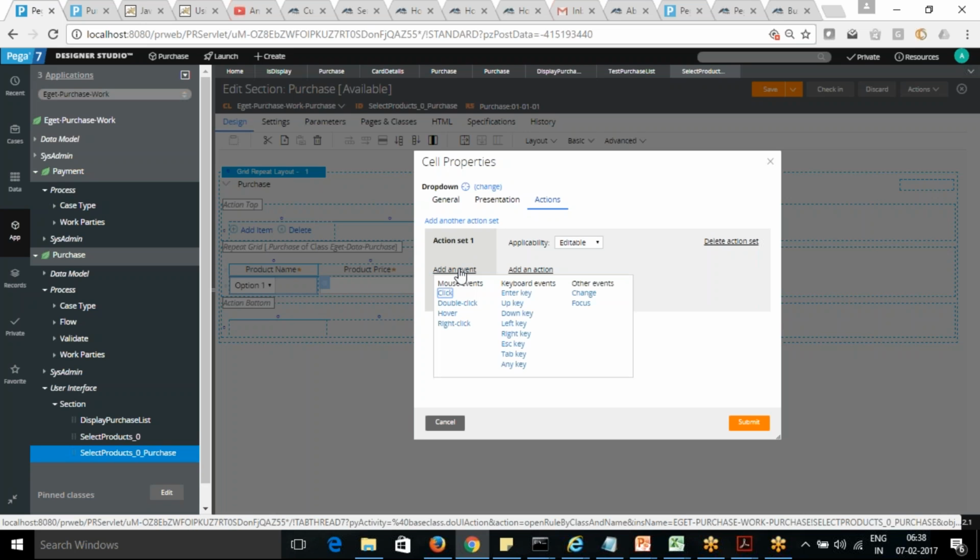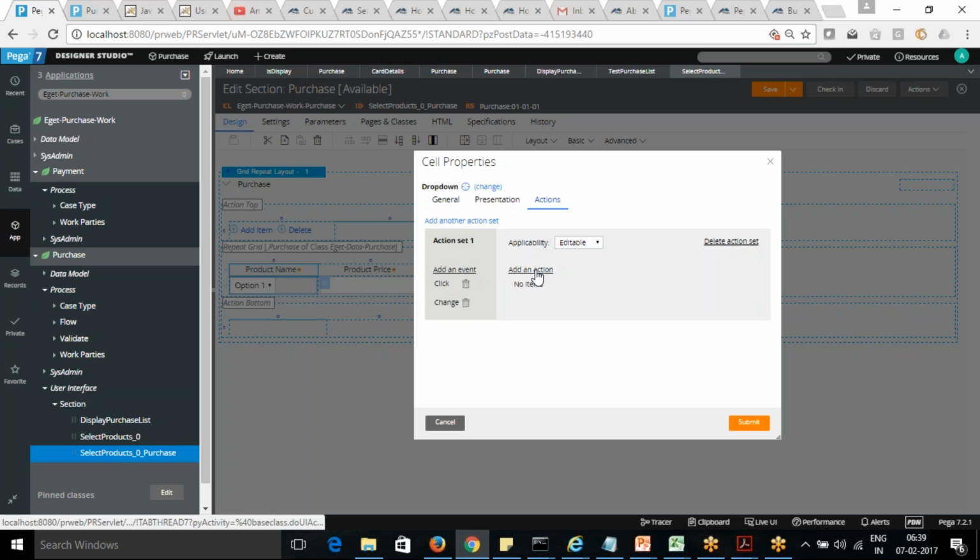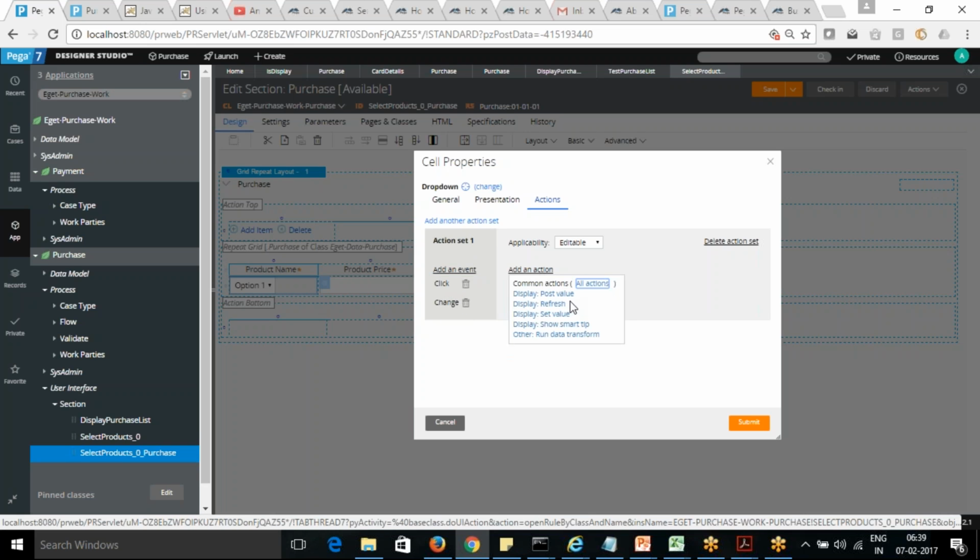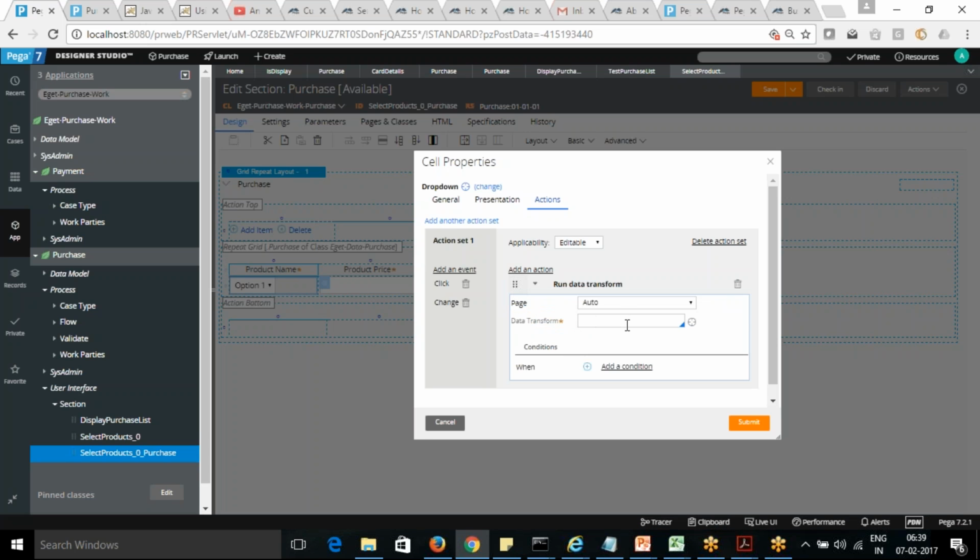On click of that, or when I'm changing the value of it, click or change, I want to run a data transform. So what's the name of the data transform? Set product price.